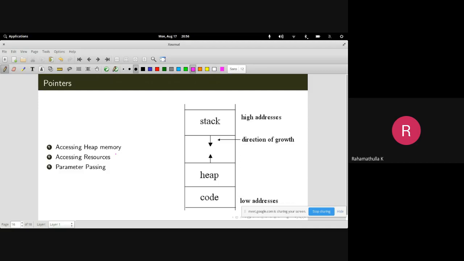So a pointer is normally used for accessing a variable in an indirect way, not in a direct way. So you'll have a variable A in one position. Now you create a pointer variable P here, and this pointer variable points to variable A. So you can access the variable A through this pointer.